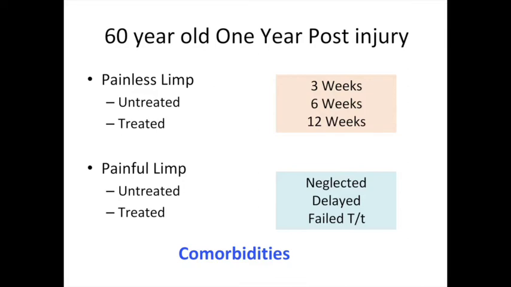Now, as emphasized earlier in the history, whenever you have a patient who is of old age, you need to look into the comorbidities, which could be general or specific. Meaning you want to rule out any causes which could have caused this fracture, or you want to look at any other problems the patient has which can affect the outcome when he is given treatment.